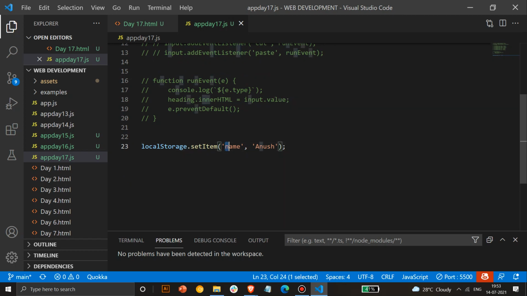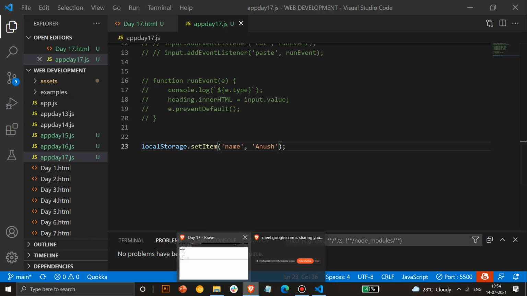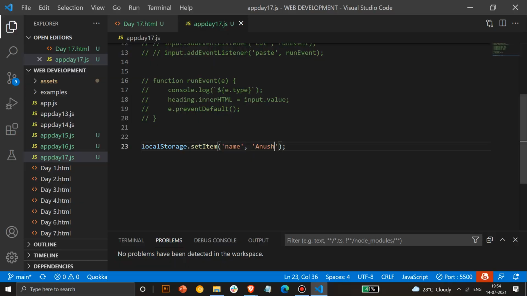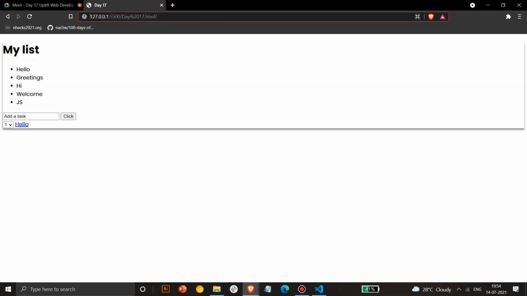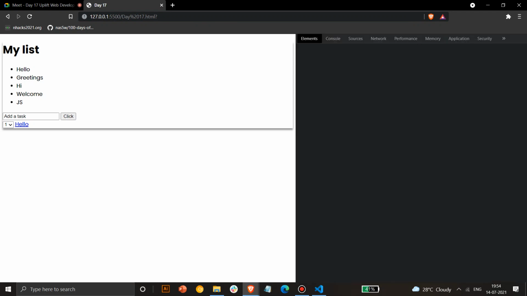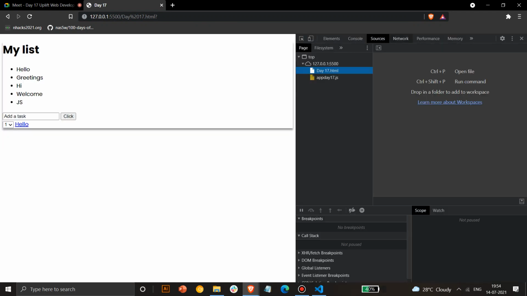So this is the key and this is the value. You can take multiple keys, multiple values. Don't worry about that. You can store multiple values if you want to. It's super easy to use. You only have to put values, set item, name, and then Anush. And now if I run the browser, you can see this must be present here.